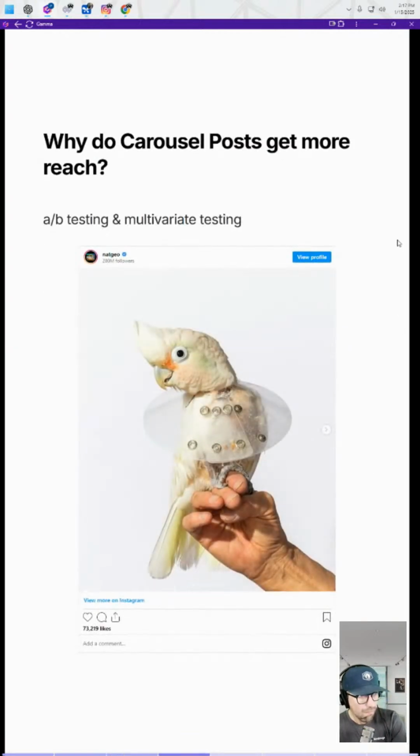Okay. And why do you get more free reach with carousels? Most people are not aware of this, and I think this is really, really important. Okay. So when you post carousels, Instagram on your behalf will do what's called A/B testing, but really it's multivariate testing. Okay. And to explain this, because I know it's not immediately apparent to most people,